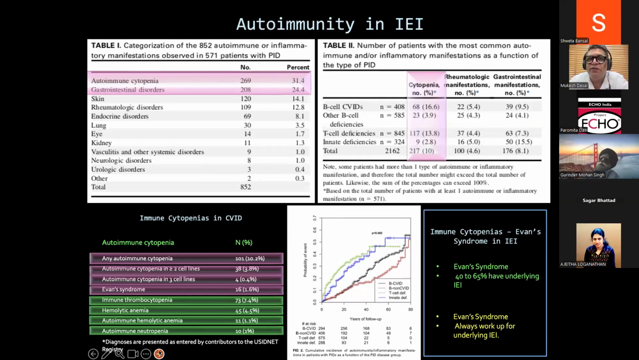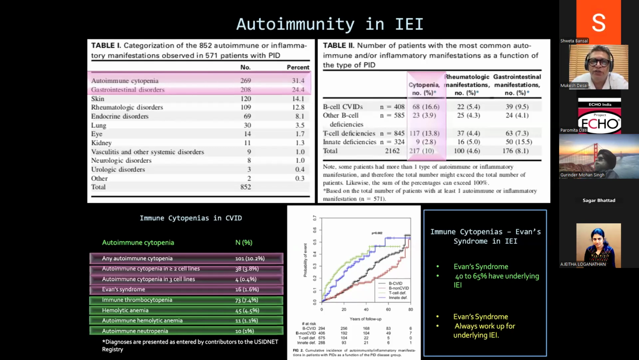Almost 31% of the cohort of autoimmune disorders in patients with inborn errors of immunity in the French cohort had autoimmune cytopenias, followed by gastrointestinal disease. So autoimmune cytopenias are the most common presentation of an underlying inborn error of immunity. If you notice over here, for antibody deficiency and T cell deficiency, the incidence increases with age. And so you should be prepared that even in an adult, you should not discount the possibility of an underlying immune deficiency. If you notice further, in Evans syndrome,